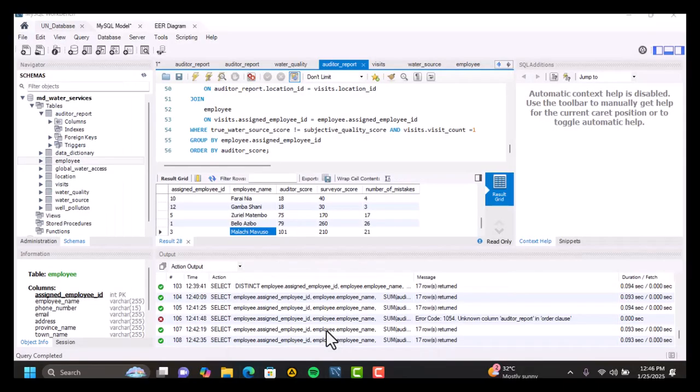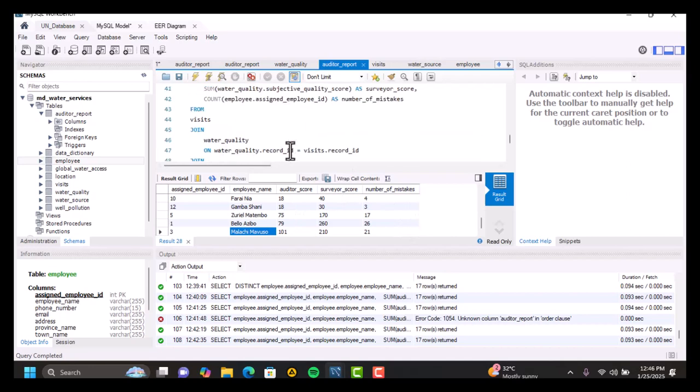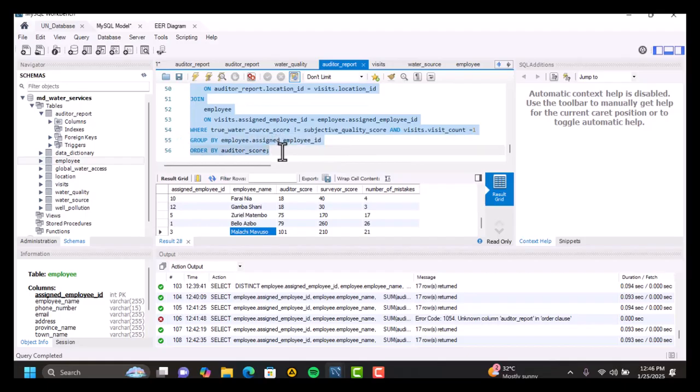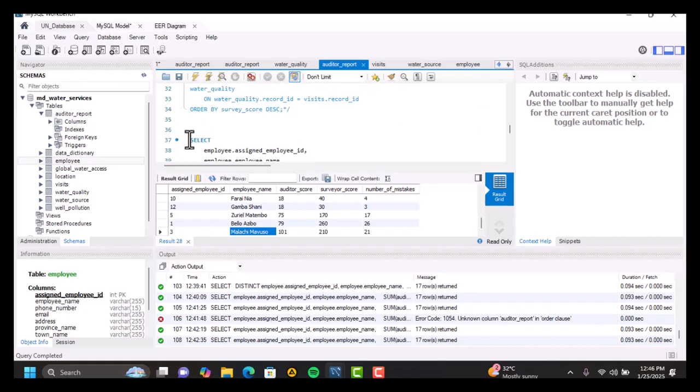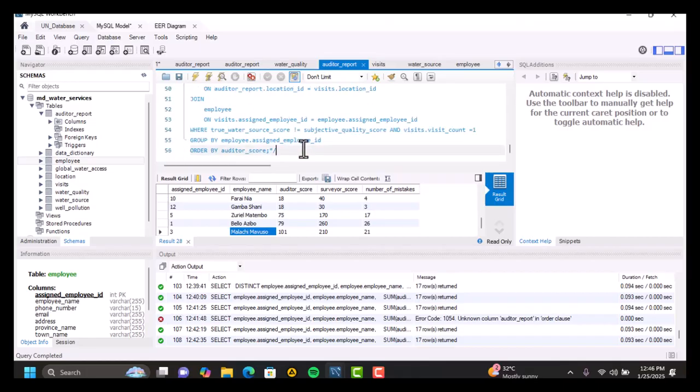So I'll copy that and comment this out. I want to keep the record. Comment this out. Go to the next, paste it there. Then instead of displaying these people,